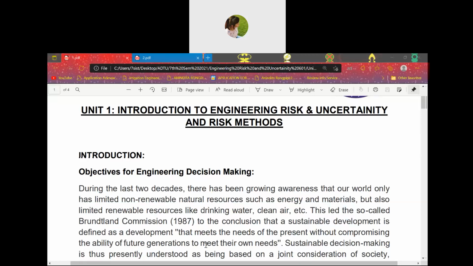So in this sense, civil engineering facilities should be optimal not only from a technological point of view, but also from a sustainability point of view. Next, societal performances and challenges.